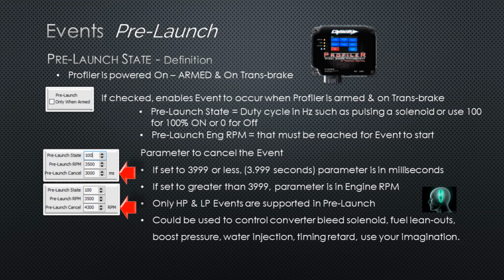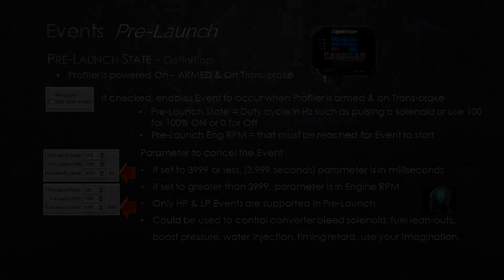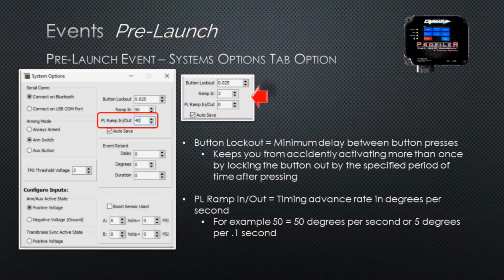3999 in milliseconds is 3.999 seconds. If the parameter that you enter is greater than 3999, then the parameter means engine RPM. Notice the bottom box there, there's an RPM after the window, so it will graphically show you what it's interpreting as your entry. So there's a couple of other items that are related to pre-launch events that you need to be aware of. If the event is a timing retard,